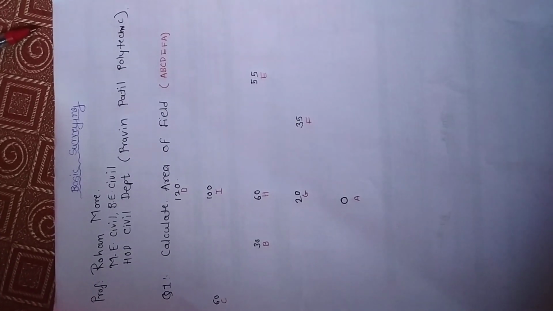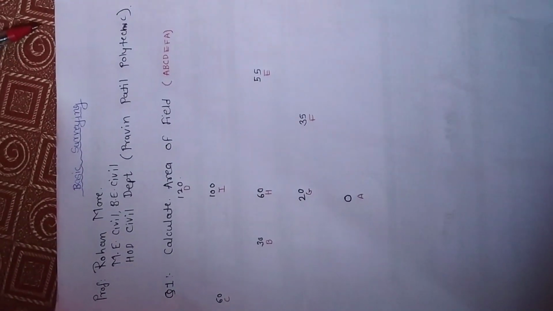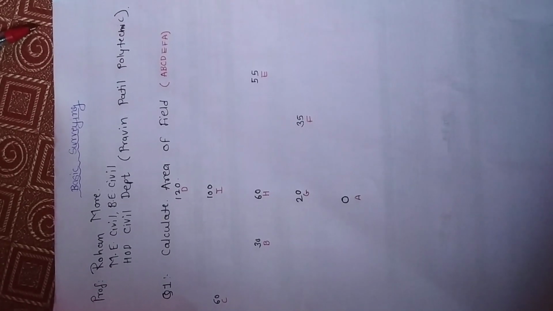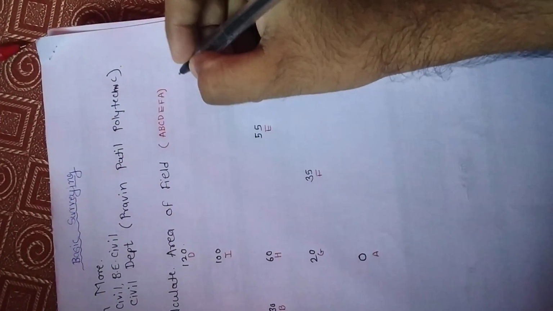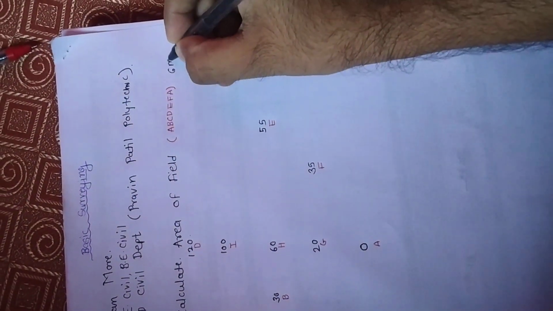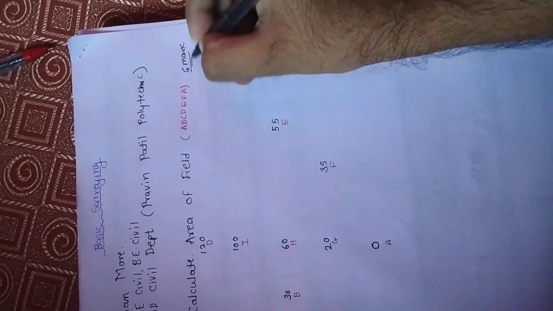Today we will see how to calculate the area of the given field by using the open cross-staff survey, which comes in the basic surveying subject and is asked as a 6 marks question in the board exam. As you see in the figure, there are different